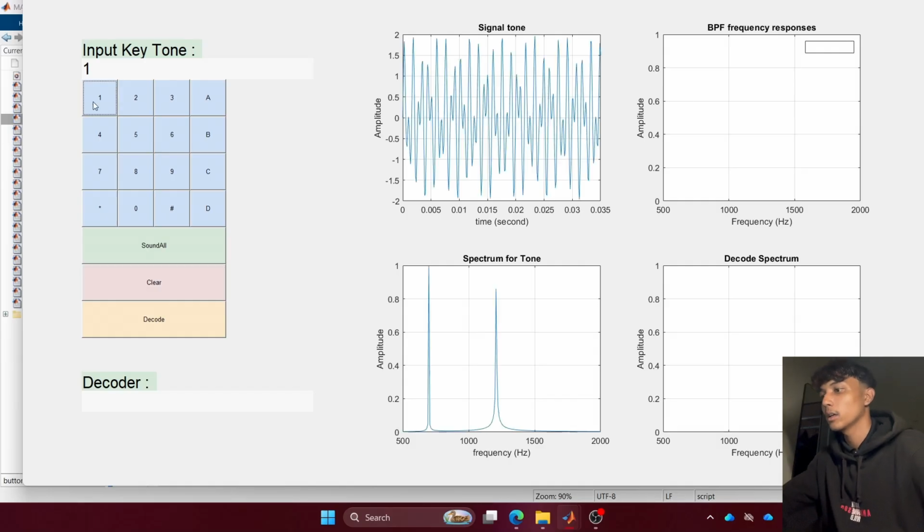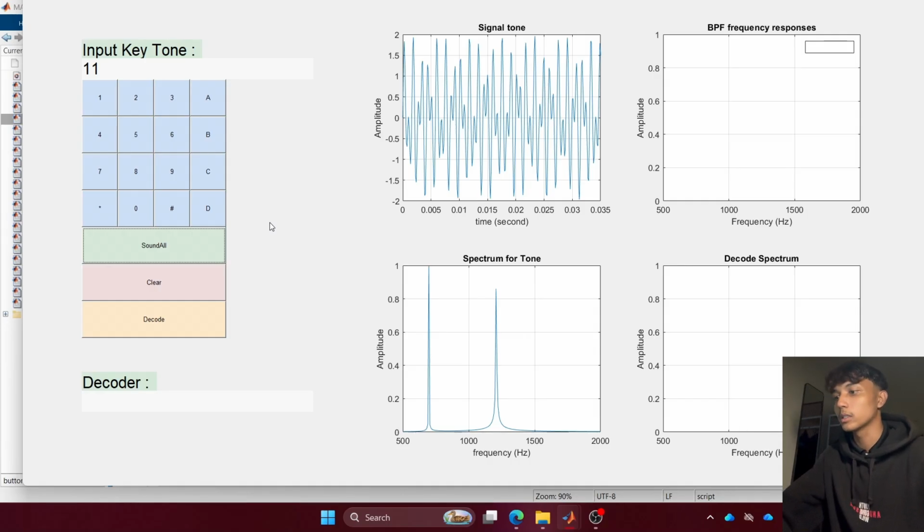So finally, clicking the sound all button pushes the full recording out of our global workspace. The script loops through the signal, slicing it into uniform blocks of 1421 samples.